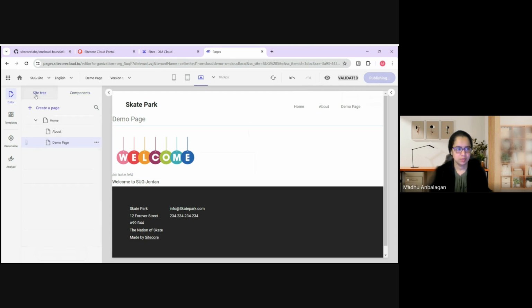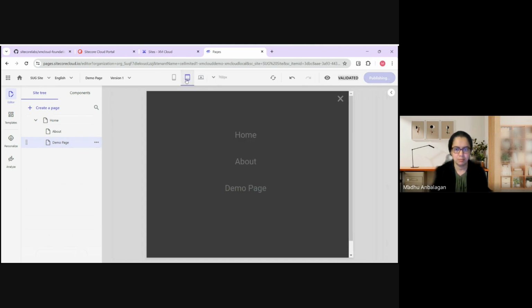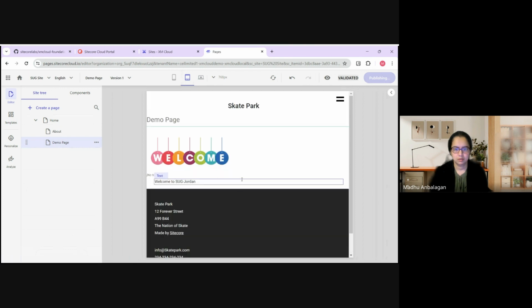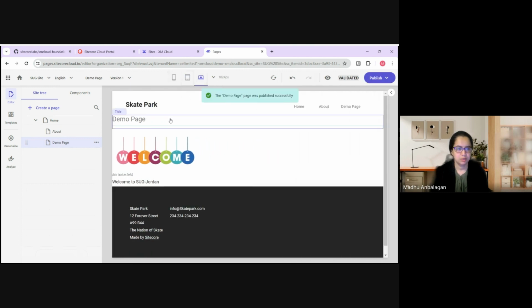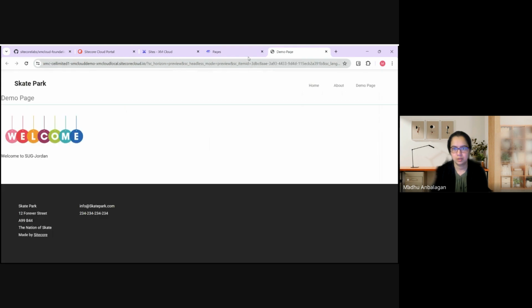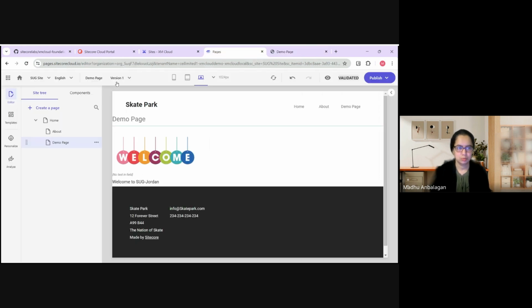So this is how we can create a page, and the page is all ready to go in a minute. We can also view how the page looks in desktop, in tab mode, and then in phone mode. All of them are readily available here, and we can also preview the page by clicking on the preview link, and here is the page. Similar to it, you can create a version and add it,